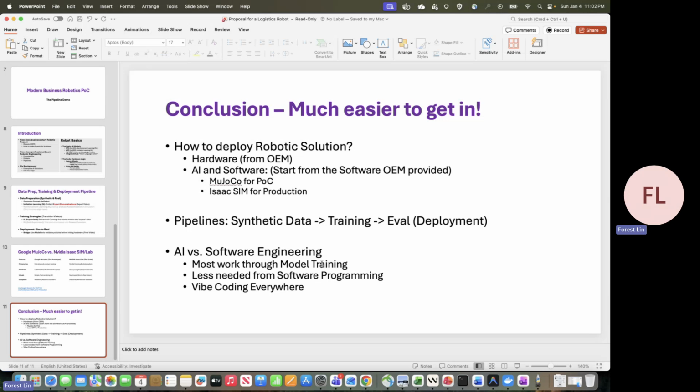It can dramatically increase the efficiency of learning. And I think